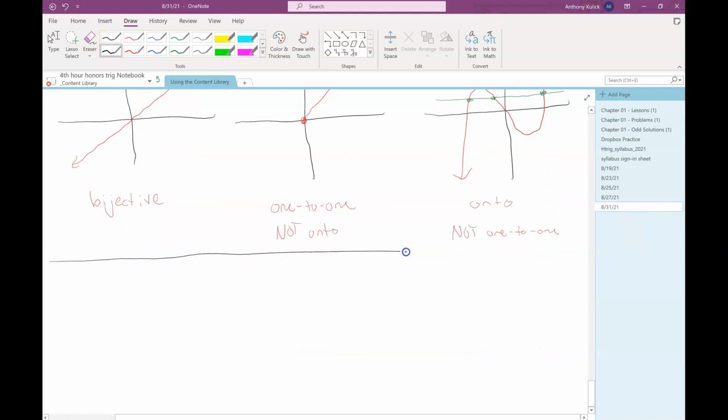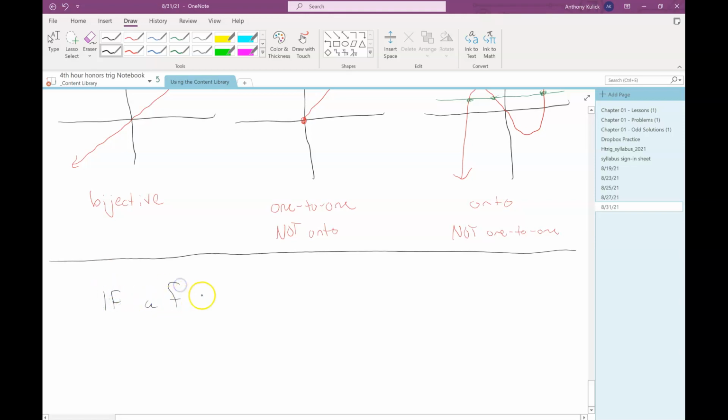Now, that's going to be the major takeaway for us. I want to say, though, that the onto-ness can still cause a problem in an inverse being a function, but it's kind of beyond the scope of this class as to why that could happen. Not something that I would expect you guys to deal with, and we're not going to talk about it right now. So technically speaking, we say that